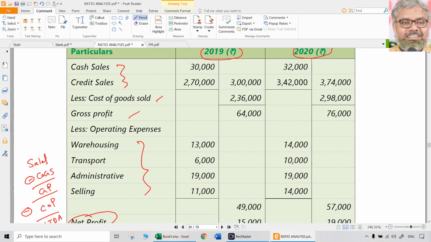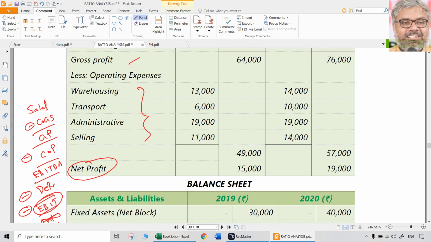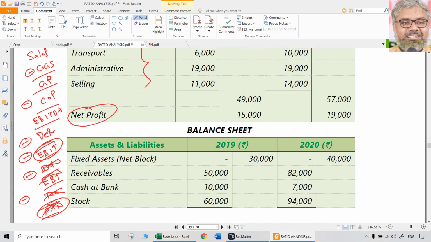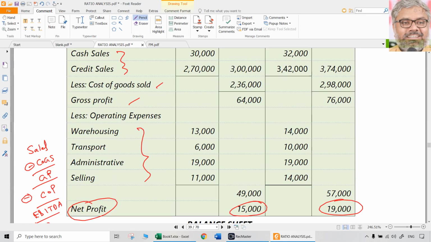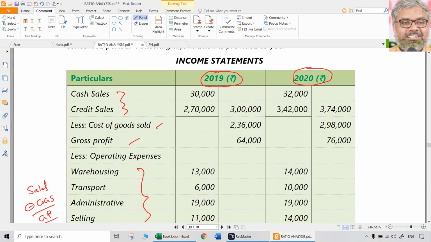So we don't need to know that when it is not there. We cannot dig there. That is the time waste process. What information is there, that we have to observe, and we have to directly jump to the conclusions, knowing that in this case there is no interest, no tax, which is not given. So not there, as simple as that. For all this, you should take 2 seconds, not more than that. So this is the net profit, or even operating profit also is the same. Anyway, those are the income statements of 2 years. For the year ended 31st December 2019, for the year ended 31st December 2020.